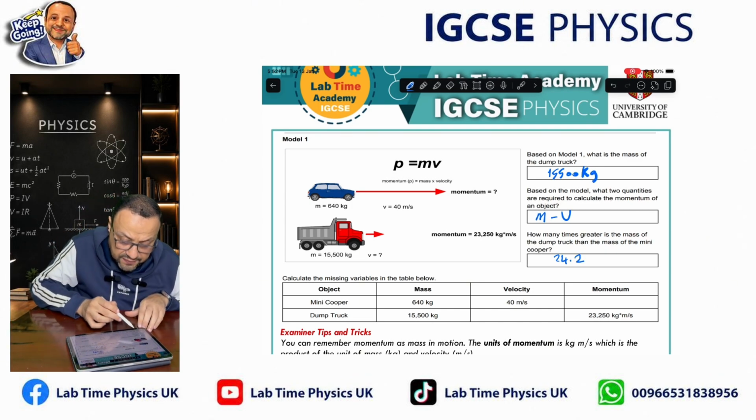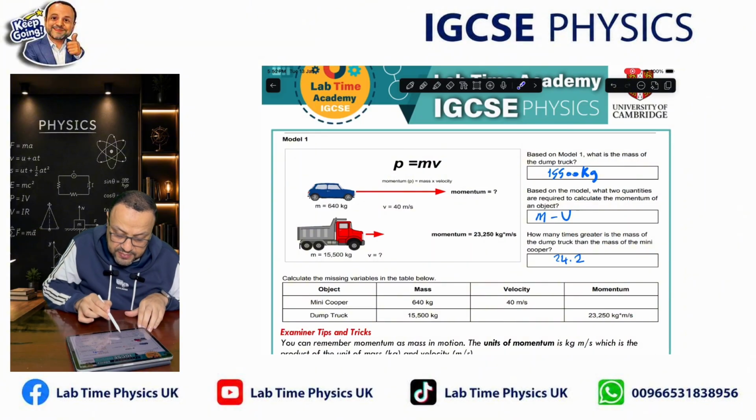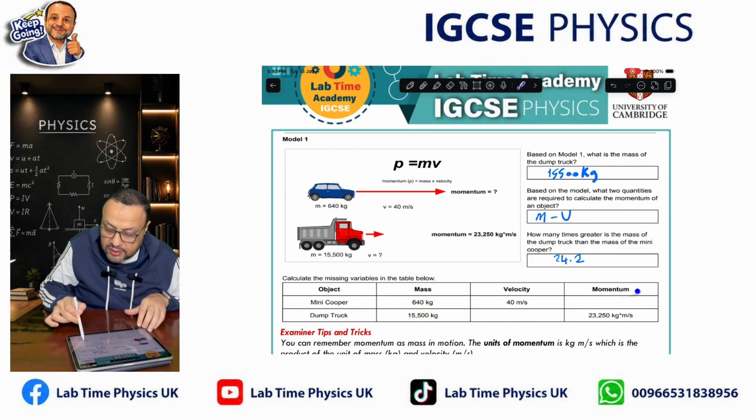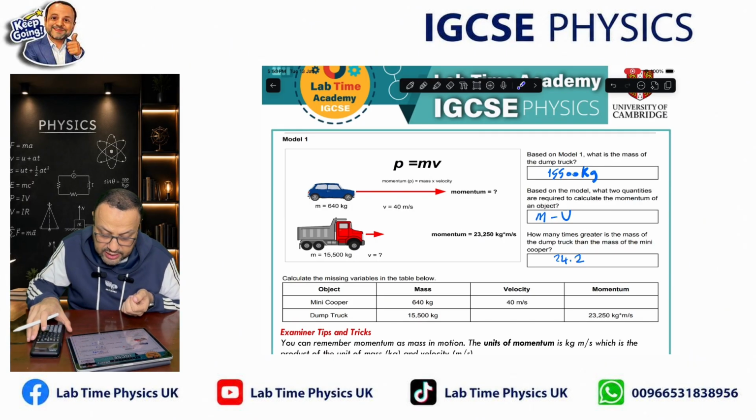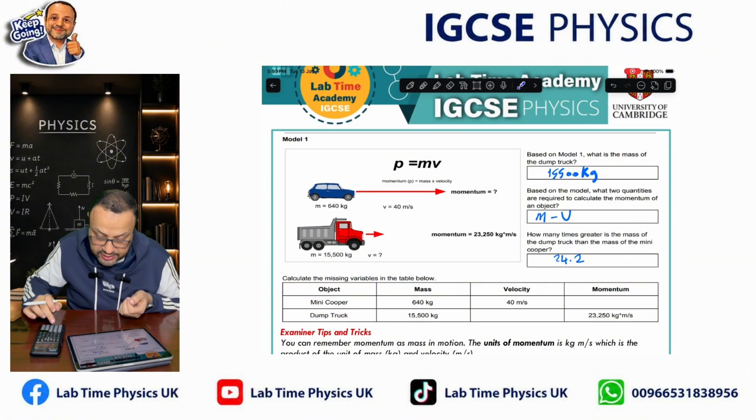As you see, we have a table. We have the Mini Cooper here, and he gave me the mass and velocity and asked me to calculate the momentum. It's too easy. Just multiply the mass by velocity to get the momentum. So you can calculate it by multiplying the